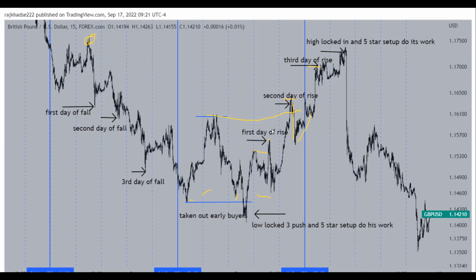So here you also calculated the 3 days of rise. Second day, 3 days of rise, the high has been locked and the market tends to go lower, right? So this is another level. And if you are thinking that after 3 days of rise, why can't the market suddenly fall, why can't the market suddenly lock a high here, but